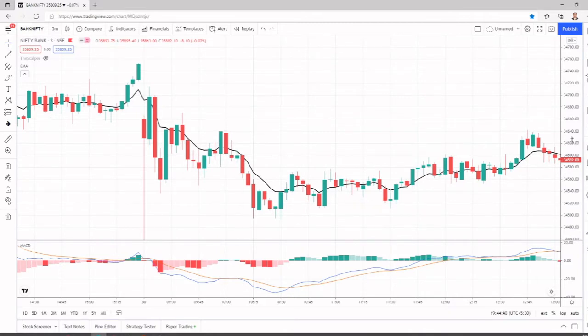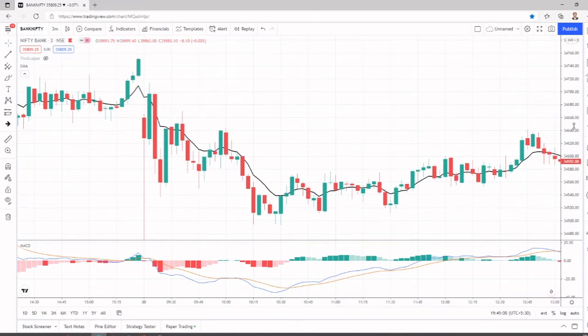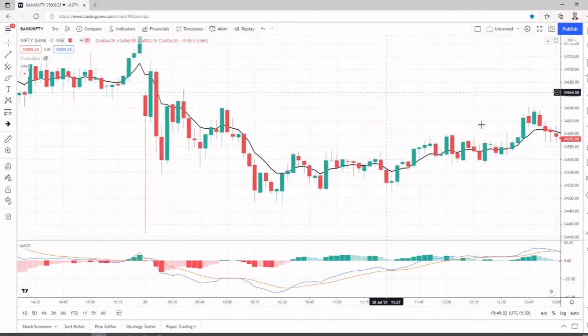There is no such target saying target one, target two, no such kind of things. This is completely scalping. Quick entry, quick exit. You have to enter quick and exit. How to do quick entry and exit in the platform? At the end of the video I will tell you how to do that as well. Okay, so watch this video till the end. We'll come to know many more things.